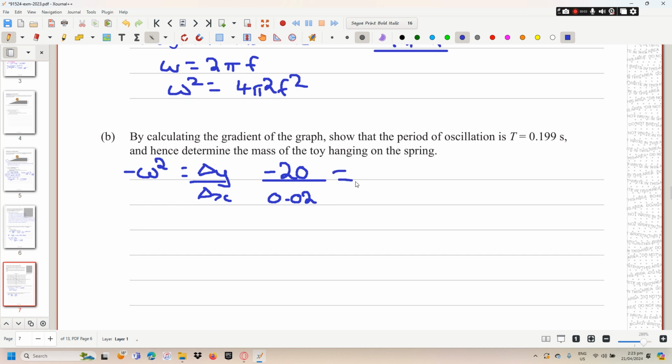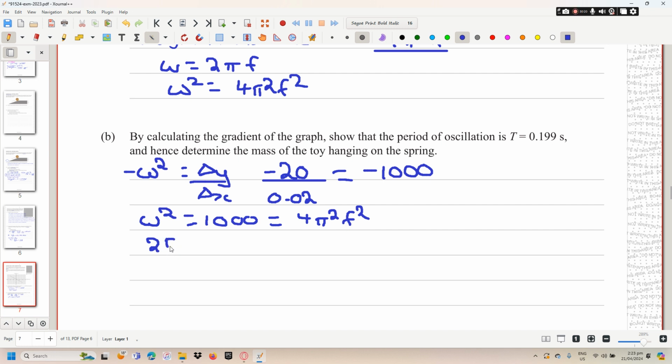And putting those numbers in, we get minus 1,000. So that means that w squared equals 1,000 equals 4 pi squared f squared,